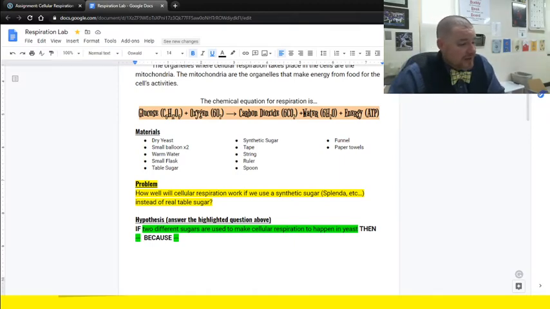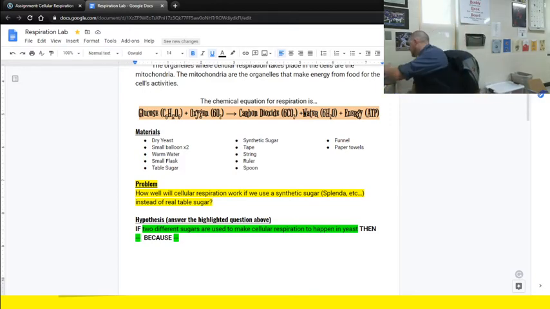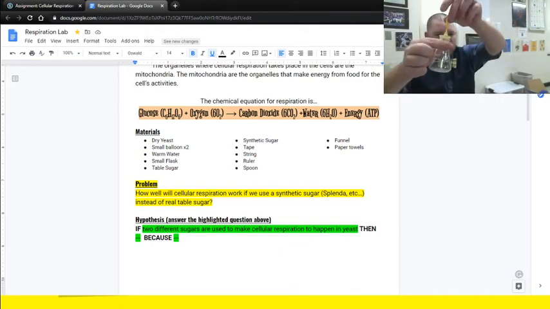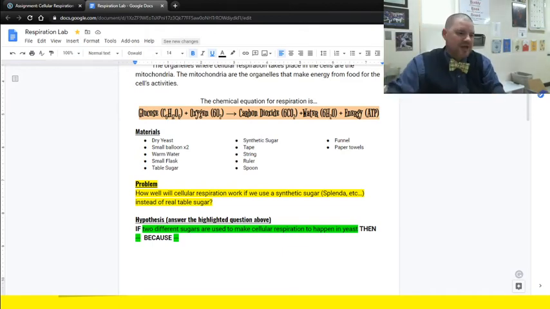And what's going to be happening is that if respiration does happen, it is going to produce for us some gas in the form of carbon dioxide and also water vapor. So we should have both of them ready to go. There we go. Now I got it on there. And it'll fill up this little balloon. And we're going to measure how much gas actually fills up the balloon by measuring how tall it goes and how big the balloon actually gets, called the circumference. So we're going to be getting those 2